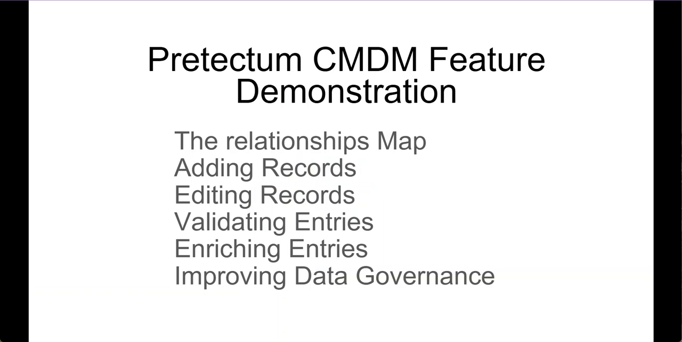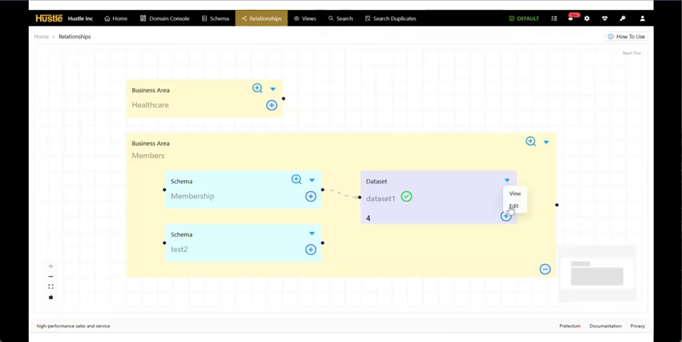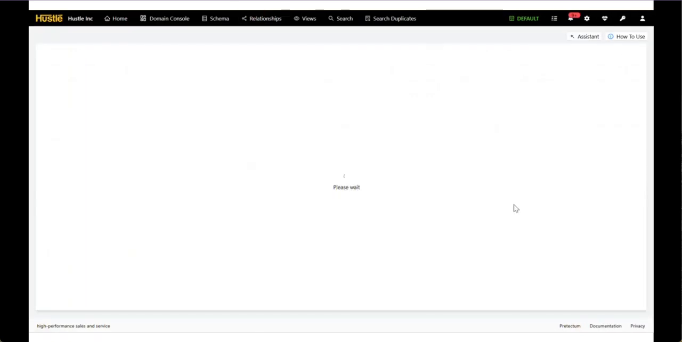In this quick demonstration of the Pretectum Customer MDM platform, we'll walk through adding a rich contact record to an existing membership dataset, highlighting how you ensure data accuracy from the very first entry. We'll start the journey from the relationships map, and then with a single click, we're able to navigate to our